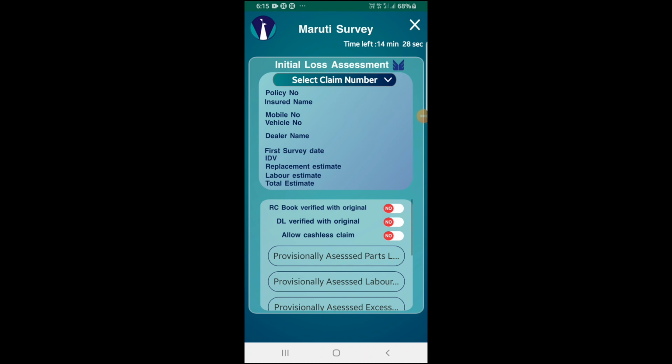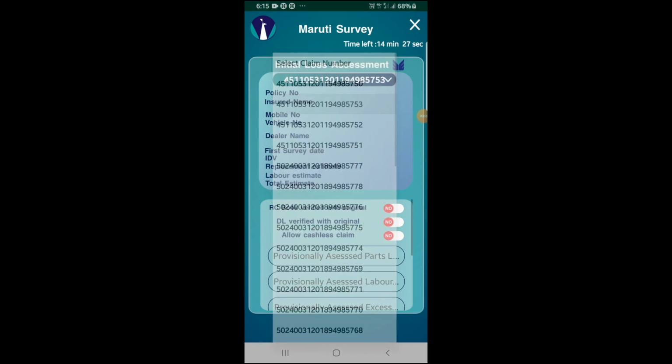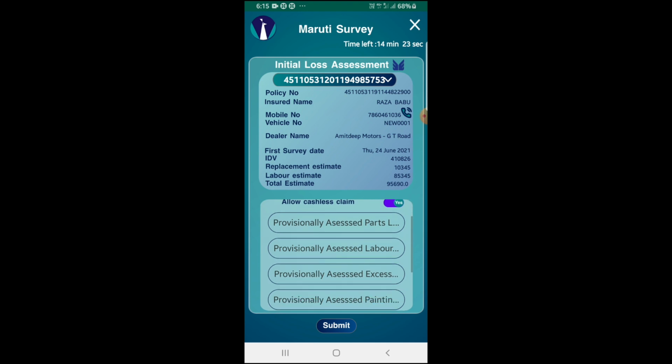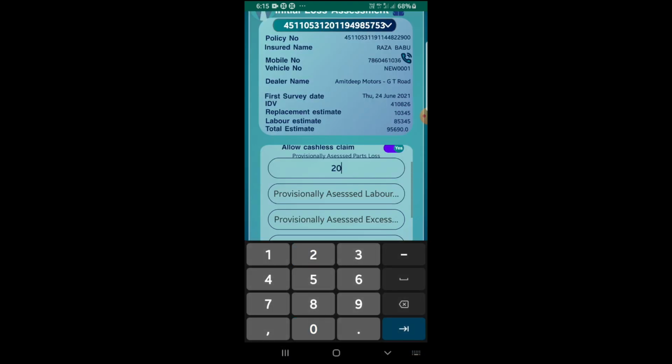After you enter the Initial Loss Assessment page, select the claim number for which you want to enter the ILA. You can see the claim details in the top rectangle and you can enter your assessment in the rectangle below.